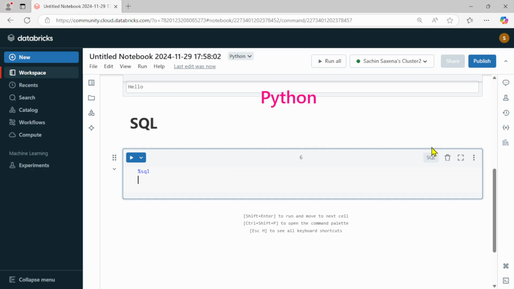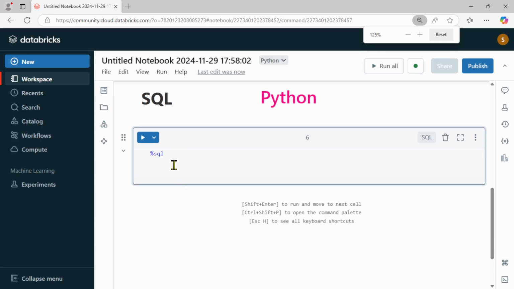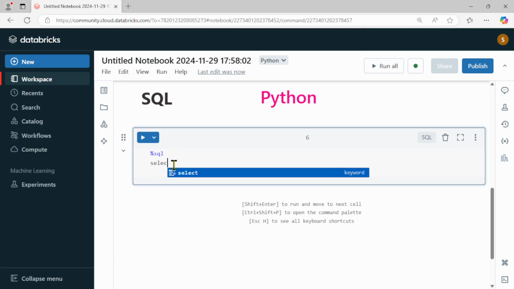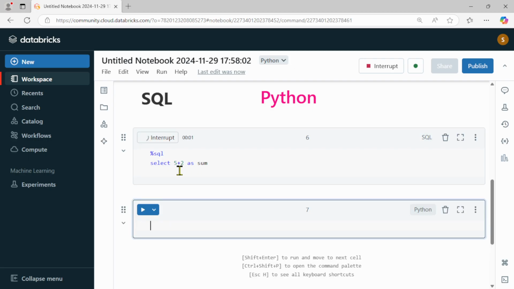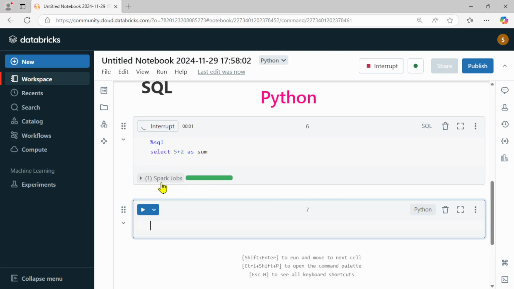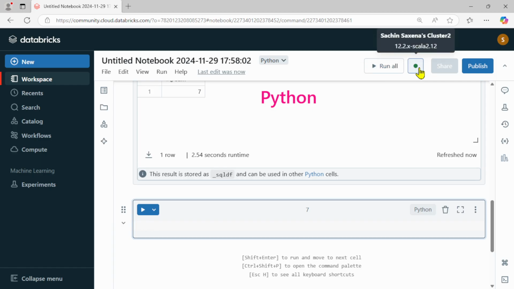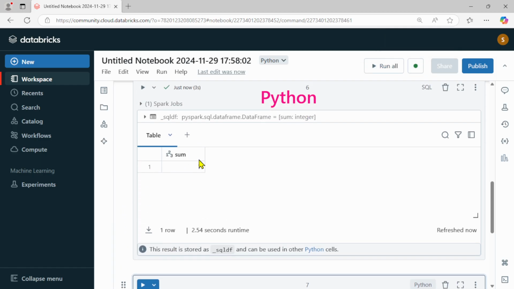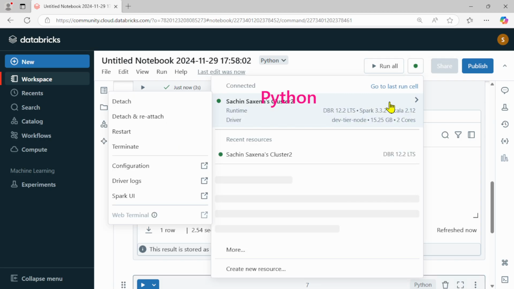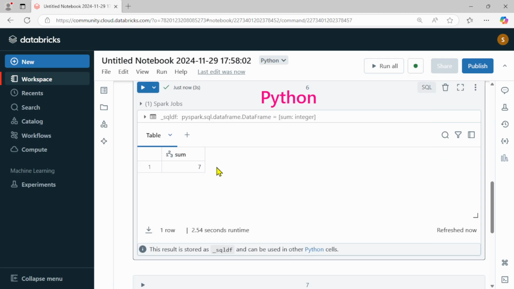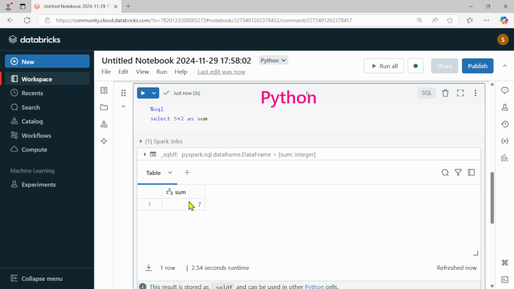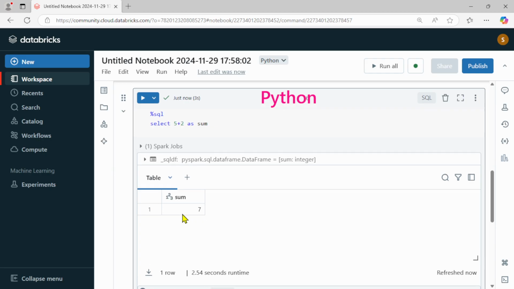Here you can see this is converted to the SQL language now, and I'm going to write some query here. So I'm going to write select 5 plus 2 as sum. Let's run this code. Can you see it's going to connect to my compute resources, my cluster, and without this cluster it won't be executed, because it's going to run that part. So this 7 is the output, the output of my select